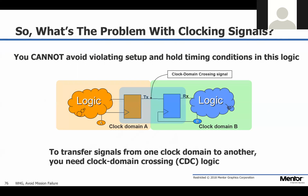If you think about metastability, the best analogy I can come up with is you are driving down the street and you are about 50 feet from the intersection and the light turns from green to yellow. And you're right in that range where you're like, can I get through? What are the conditions? Is it a little snowy out? Should I hit the brake? Should I hit the gas? And I had a lot of people say, I always hit the gas. And to them, I always say, okay, move another 25 feet down the road. At some point, you are going to hit that metastability moment where your foot is wavering and you can't decide